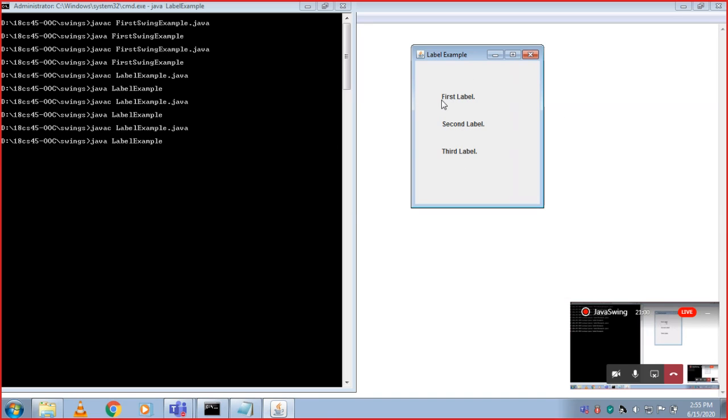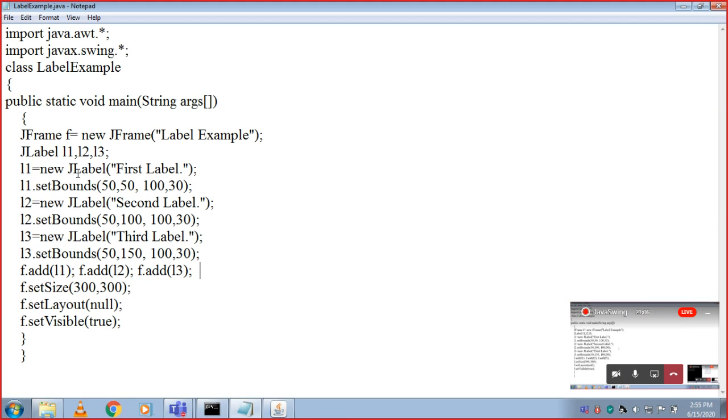Whatever is printed on screen, like the first label, second label, third label, they are labels, created as instances of the JLabel class. Okay. Then after that,